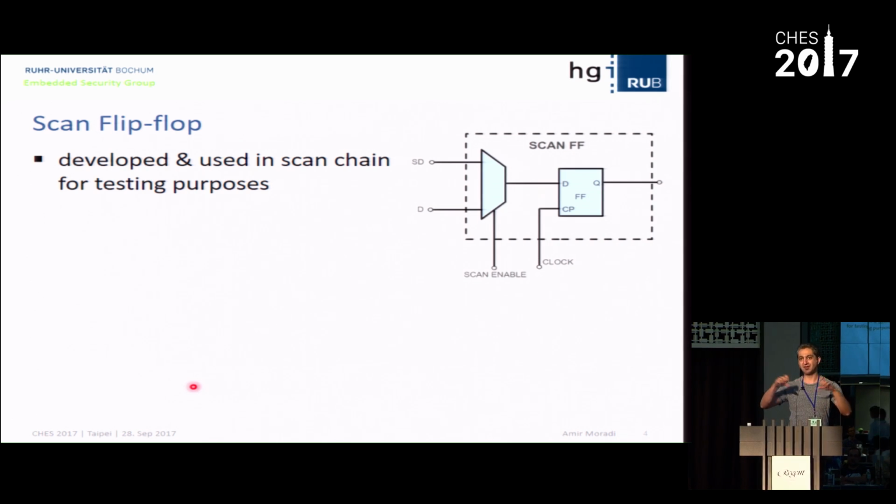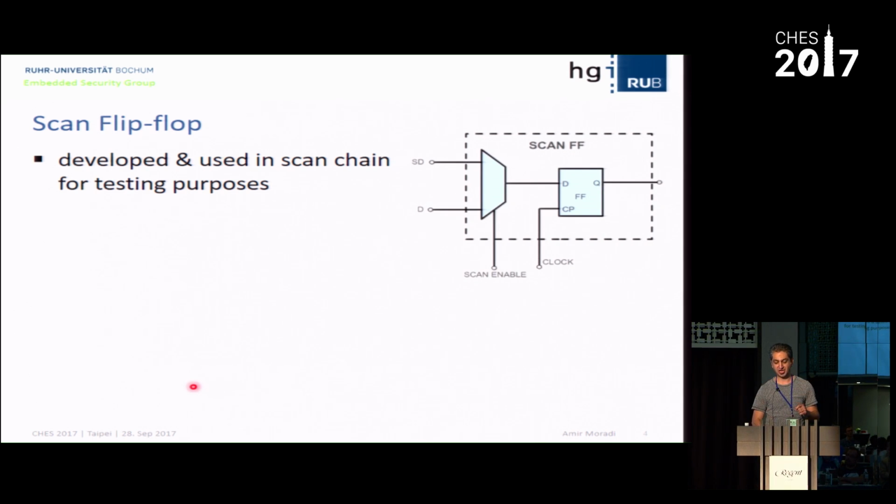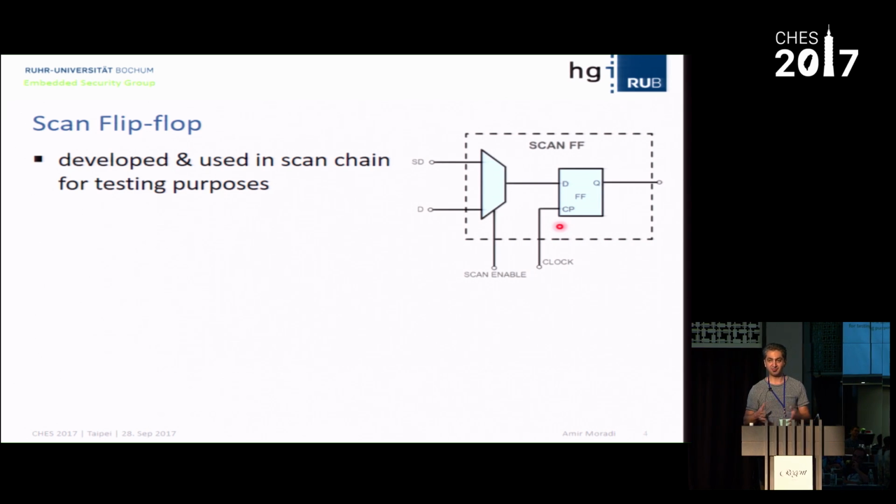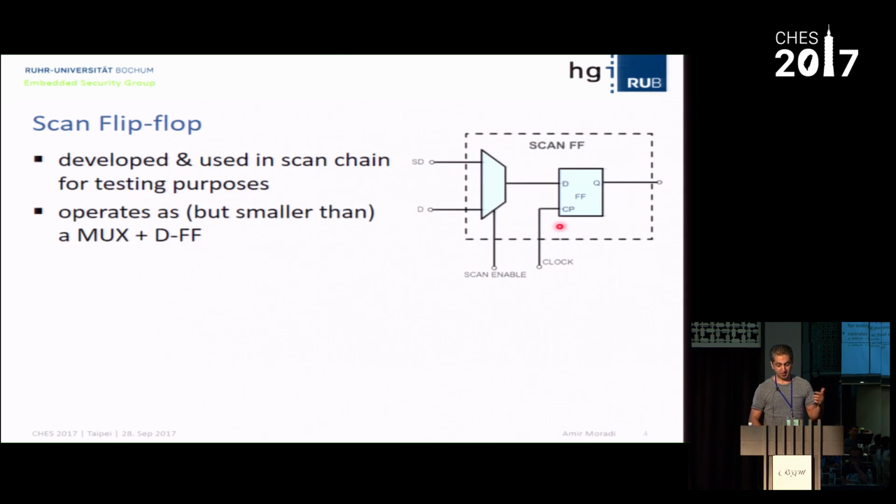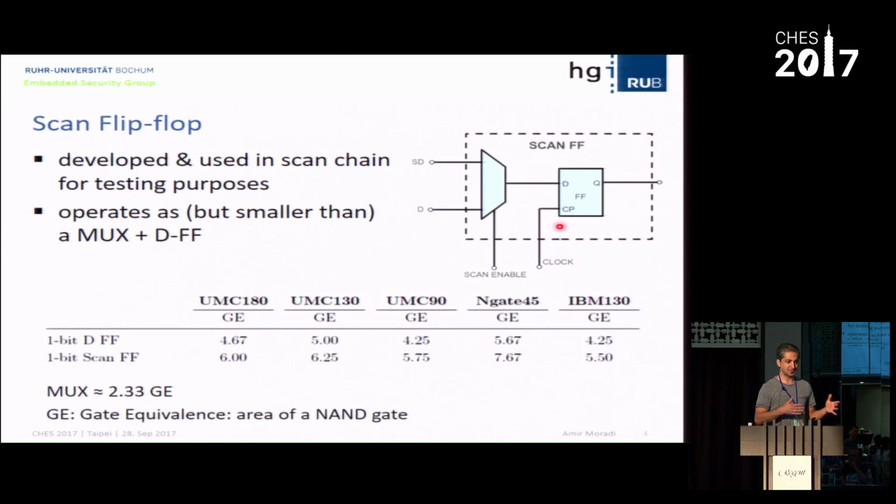That means that when you want to have the test in your system, you want to change the input of this flip-flop to give your manual input instead of the output of the function, then you use these scan flip-flops to make a scan chain in the whole circuit for testing purposes. The point here is why scan flip-flops are many times used in implementations of ciphers with small footprints: the size of the scan flip-flop is usually very optimized and is smaller than if you have a D flip-flop plus a multiplexer.